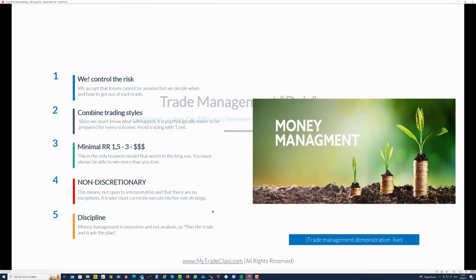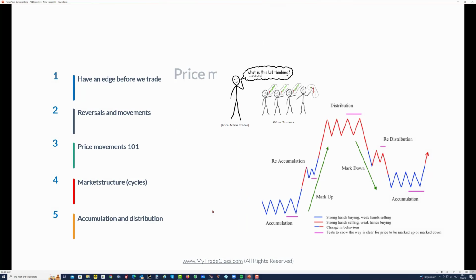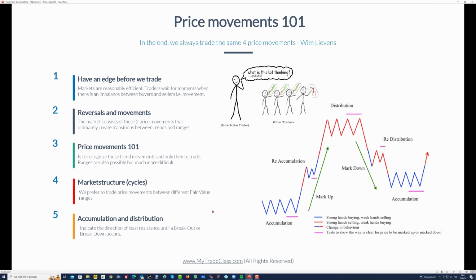Now, I'm just not going to talk about this, and so we're going to trade these price movements. Yeah, we recognize an edge. I'll show you how. We look at the market in a structured way with reversals, with movements. We look at accumulation, distribution. You will see in my course, I use volume profile, I use previous day high-low, I use also pivots I like, but there is a certain list. It's not huge, but I say, okay, that's what I look at, that's what's important, that's when I trade,